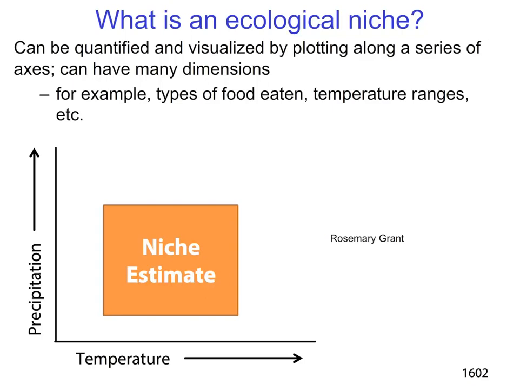So basically, you can quantify this and visualize it if you plot it along a series of axes. Okay, it can have many dimensions. Your niche is basically your ecological space, okay? So what temperatures you can live in, precipitation, the food you eat, the species you interact with, and the individuals you interact with, who do you compete with, who do you have a mutualistic relationship with, all that other good stuff. Okay, so we tend to use plots to be able to visualize it, but the reality is, it's sort of this n-dimensional hyperspace thing where it's all the different critters and resources that you happen to interact with.